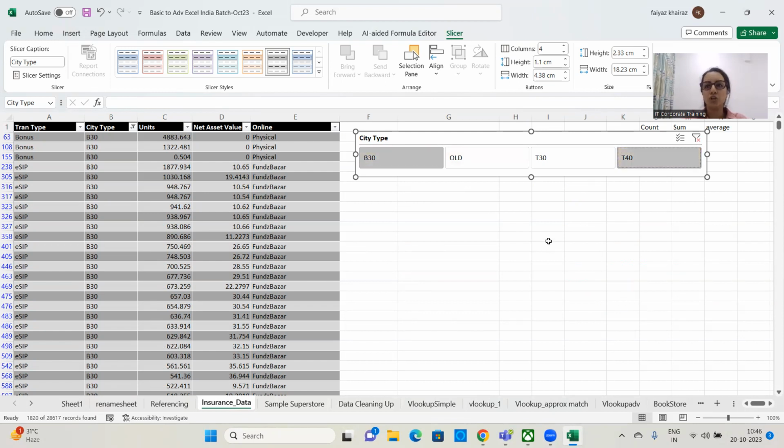So when you want to multi-select using a slicer, you will hold down the Control key and select. How do you clear the slicer? You clear the slicer from